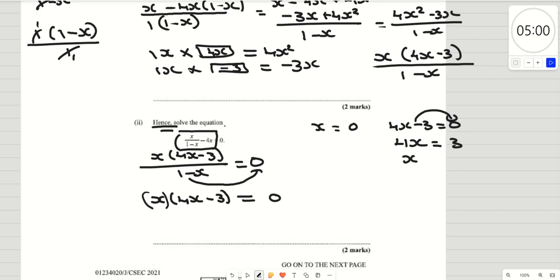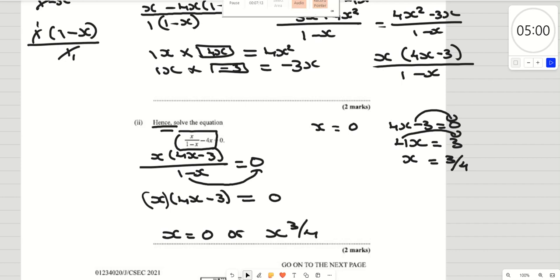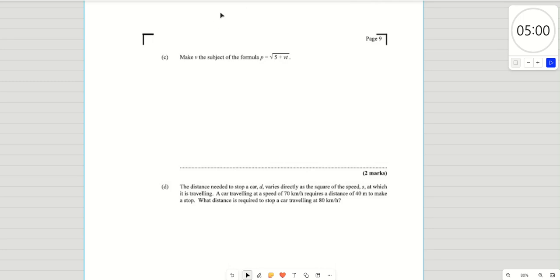Then you carry across 4, multiply by 4. The opposite of multiply by 4 is divide. So it's 3 divided by 4. Right? So the answer here will be x is equal to 0 or x is equal to 3 over 4. And that is the answer you will get for part 2. So part C